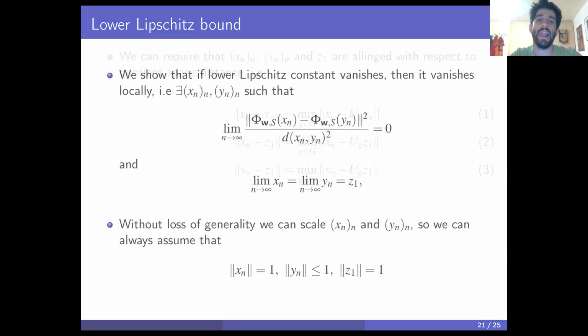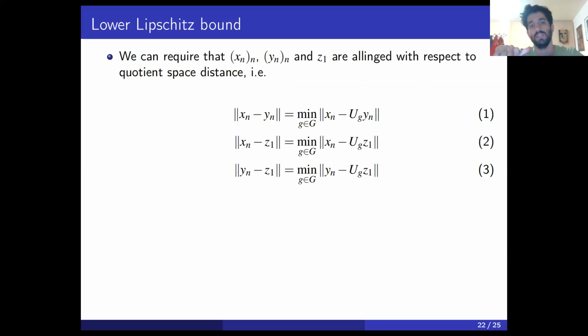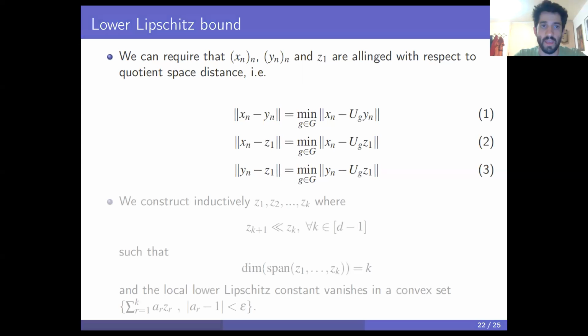And then we can also align with respect to the quotient distance. So we can always assume that the norm of xn minus yn is exactly the distance of xn and yn. The norm of xn minus z1, their common limit, is exactly the distance of xn and z1, and the norm of yn minus z1 is also exactly the distance of yn and z1 in the quotient space. So now we have both localized and aligned our sequences, and then